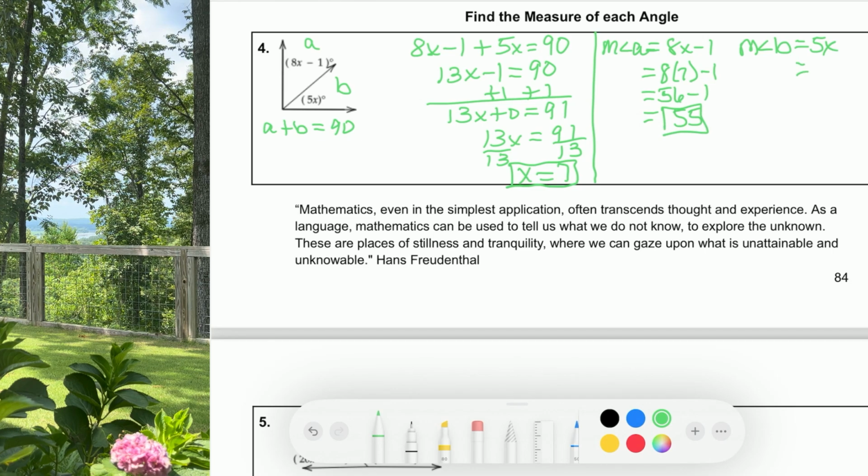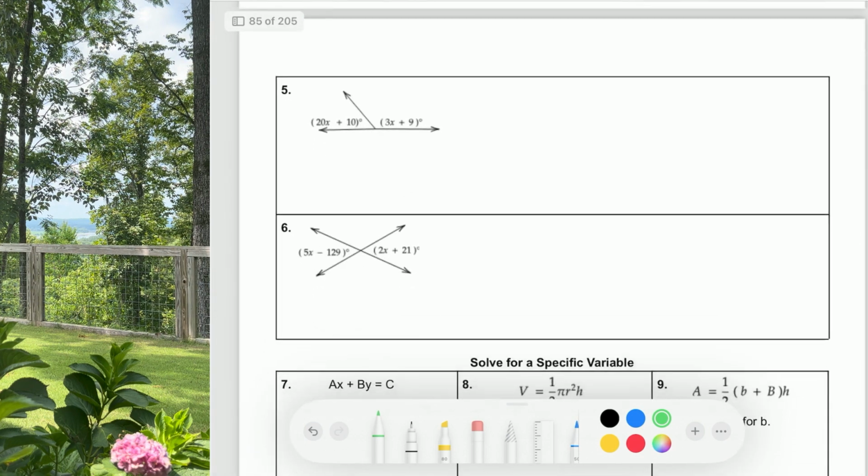The measure of angle B, we're again going to plug in our 7. So we get, well, if I can write clearly, 5 times 7. And that gives us 35. 35 plus 55 is 90. So it appears as though we've done the problem correctly. All right, let's